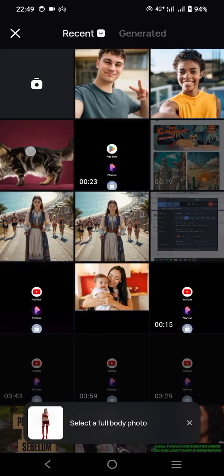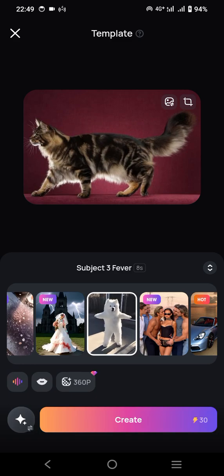Then you can select the picture that you would like to use, and as you can see, this animation will need 30 credits to do the generation, and since we have 60 credits to go, then it will be enough. So we can go to create it,